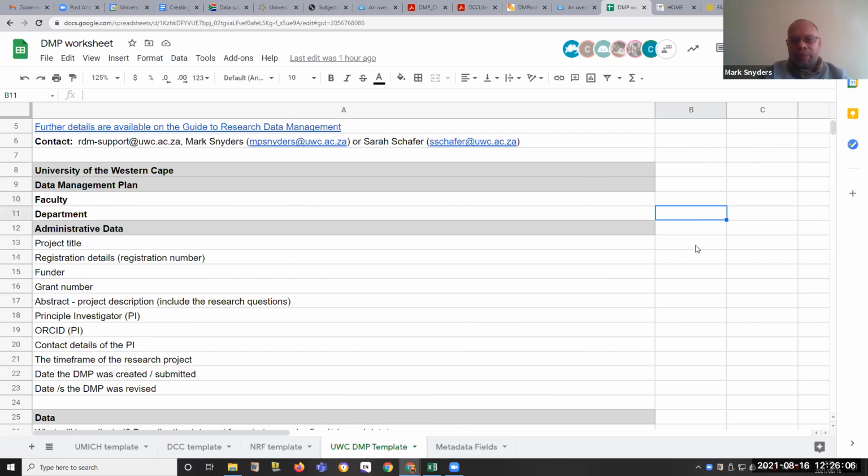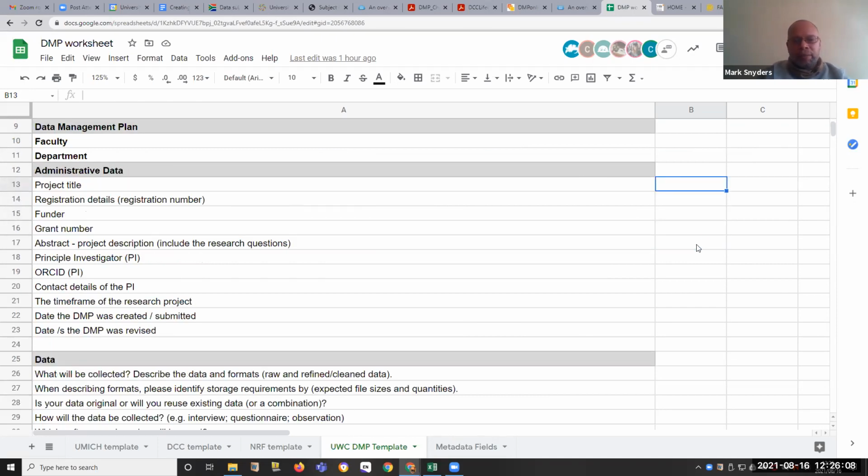Then we move on to administrative data. What we've done here is to include the project title first, registration number or grant number or project registration number. Sometimes the grant number and the registration number are different. We need to identify the funder as well as the grant number. Here we'll provide an abstract or a description of the project.